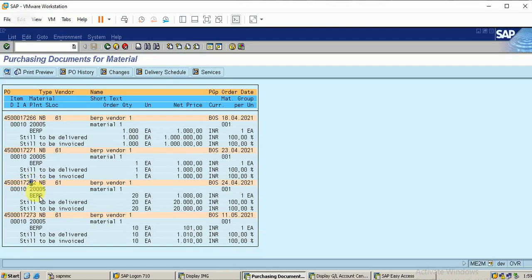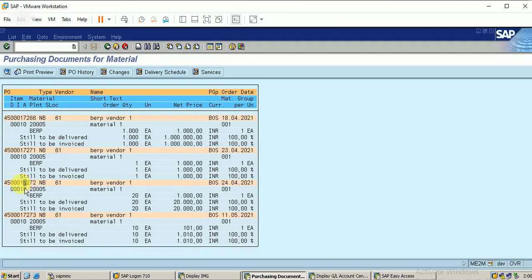This other purchase order is also for a release procedure, but we made it with the document value. Based on the document value, we released this purchase order. But this last purchase order we created, for the pricing procedure, we have not released yet, but this purchase order has been released.